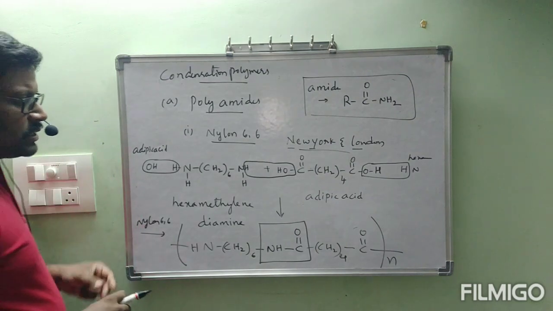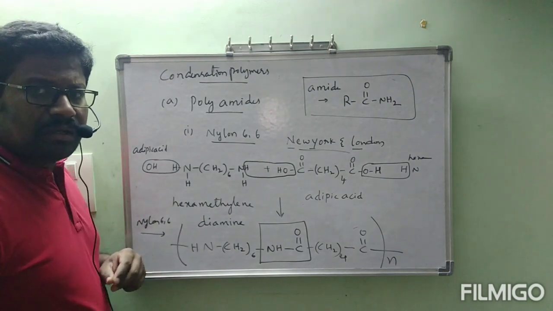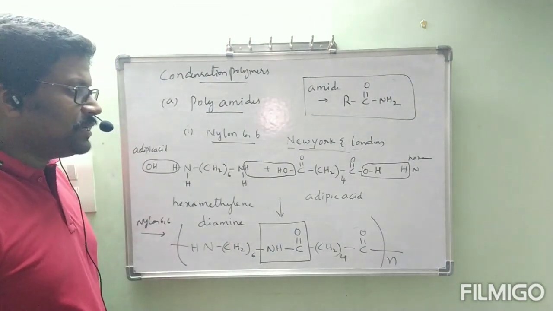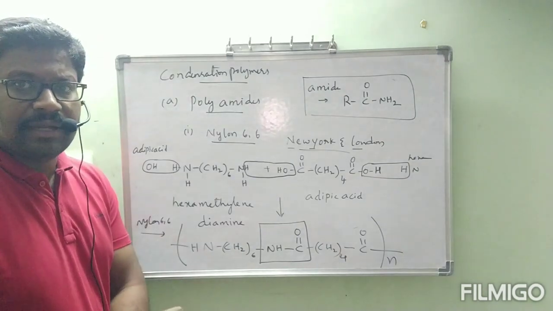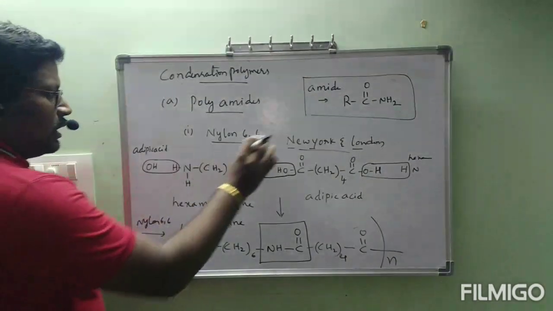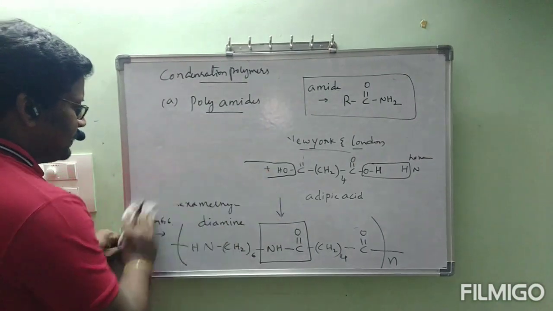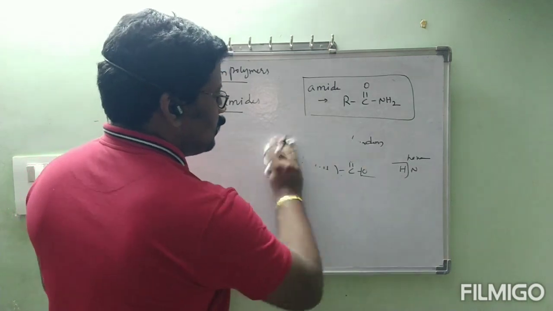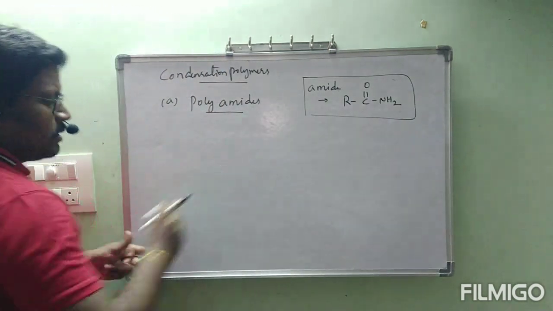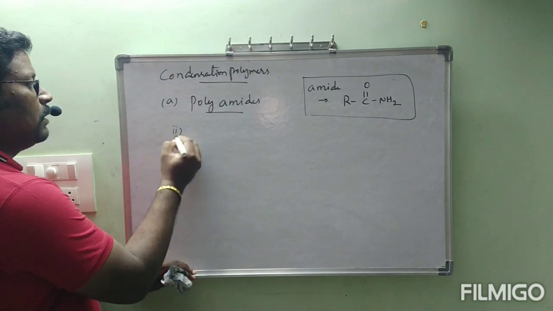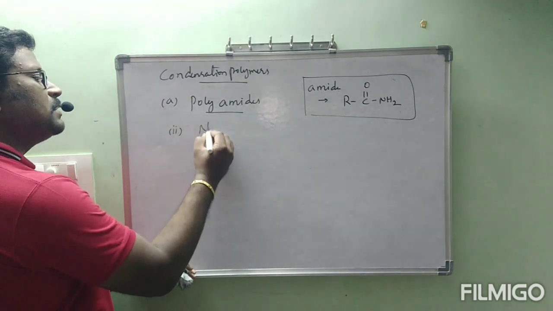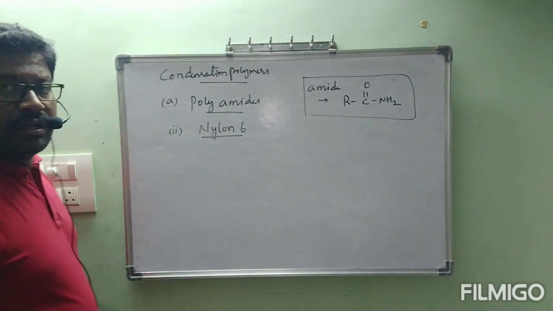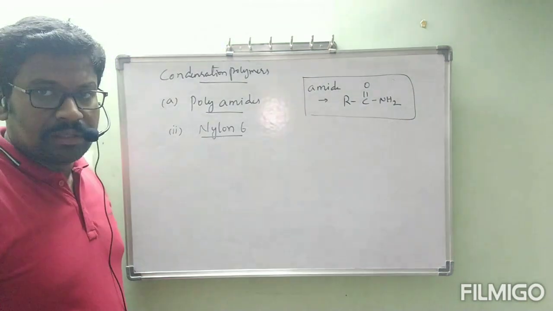I think you understood. In the same way I represented it, just make a note in your classwork clearly, all of you. Don't forget, this is the explanation part which is helpful at the time of your revision. Now the second example under polyamides is nylon 6. By seeing the name itself, we can understand this nylon 6 has only one monomer.